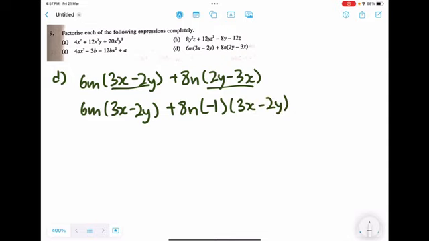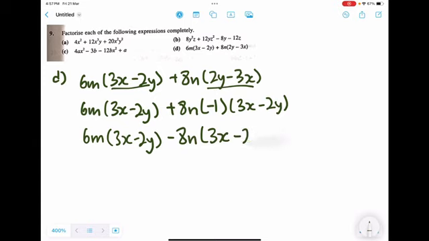If you are still confused and you're not sure what is going on, let me just show you by expanding it once again. Alright, if I take negative 1 times 3x, what I'm left with is negative 3x. And if I take negative 1 times negative 2y, what I'm left with is positive 2y, which is the same as this over here. So what I have just done is to factorize negative 1 out of it. Looking at this, what I want to do is to multiply the negative 1 into my positive 8n. And that will give me 6m times 3x minus 2y minus 8n